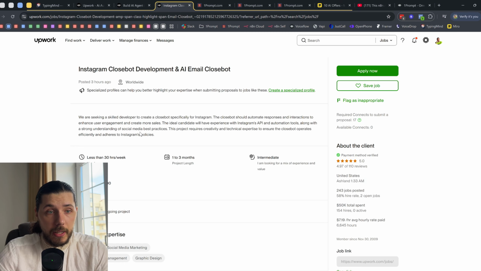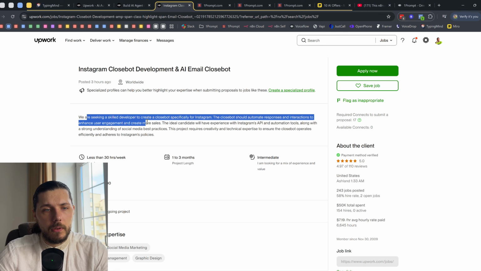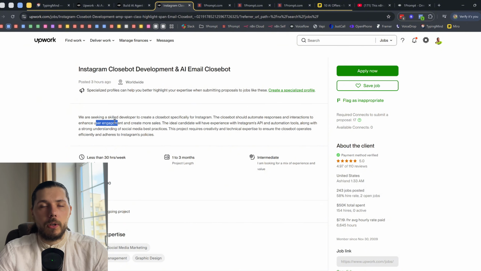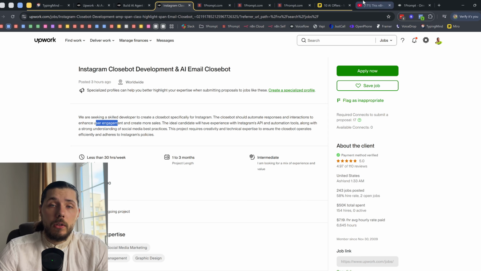They are specifying that they are looking for automated response interactions to create more sales. So they are seeking a skilled developer to create a chatbot, one which should automate response interactions and enhance user experience. You can reference that it's not going to enhance the user experience, because it's still an AI-templated bot that all people will recognize as a bot. And you'll create the Loom media.